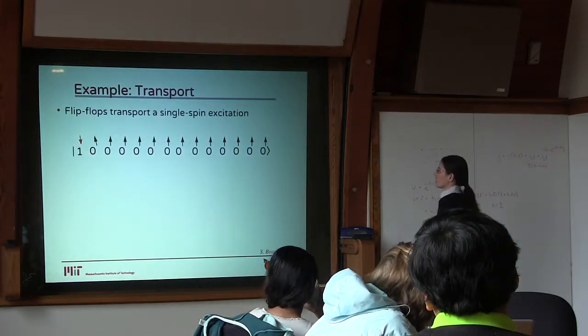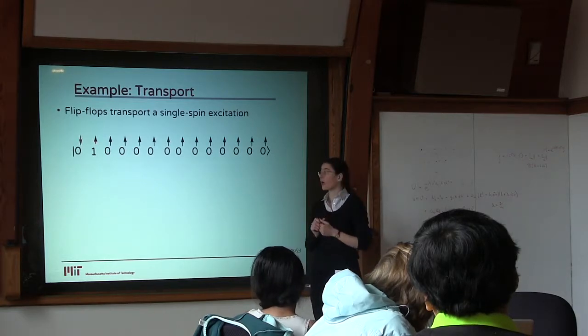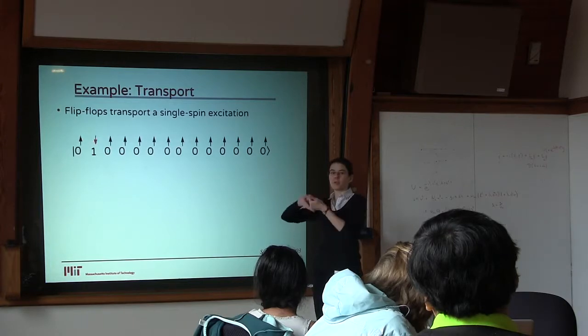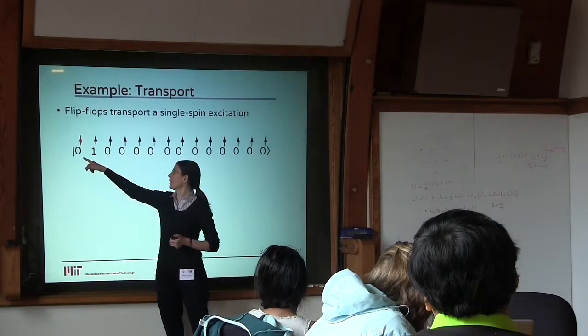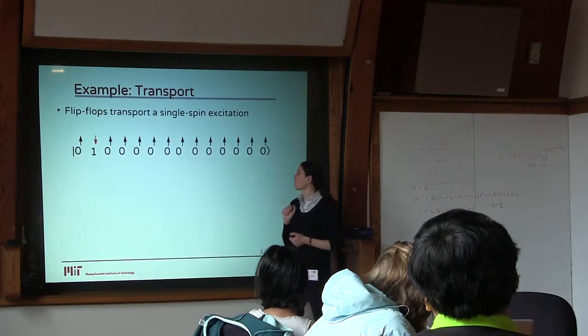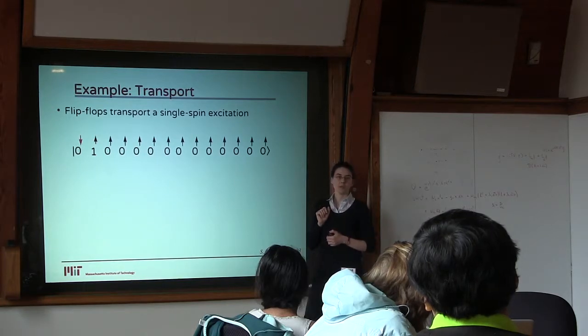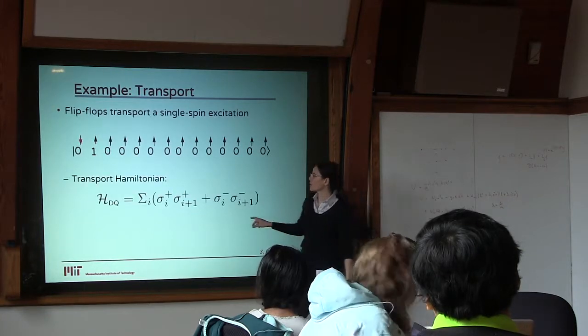So how do we achieve this transfer of information? One way is the following. Let's say that I have an excitation on the first qubit. Then the spin will interact with its neighbor, and they just flip-flop with each other. So the excitation, which is initially in the first qubit, is transferred to the second one, and then little by little will transfer down the whole chain. So what type of interaction can achieve this flip-flop among the spins? Well, we can use this type of